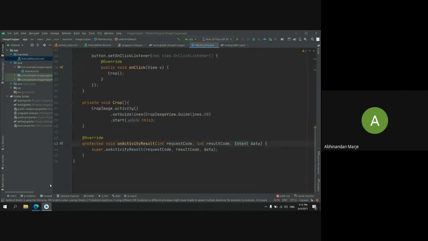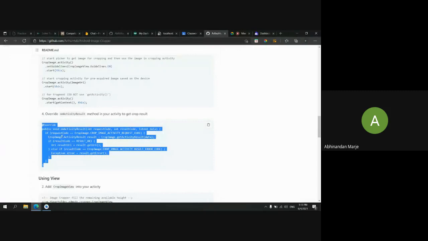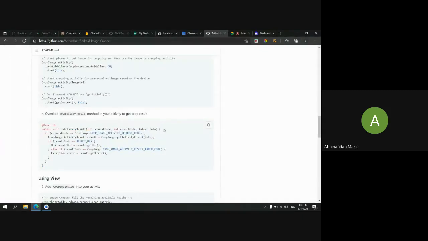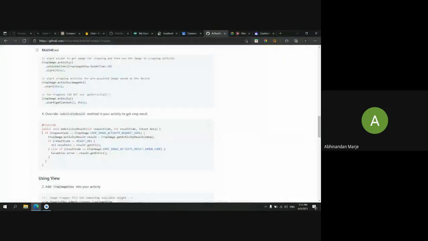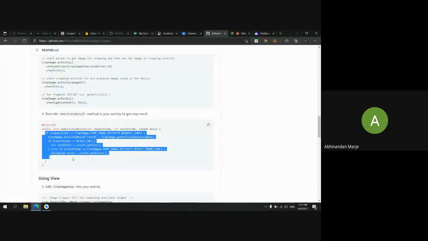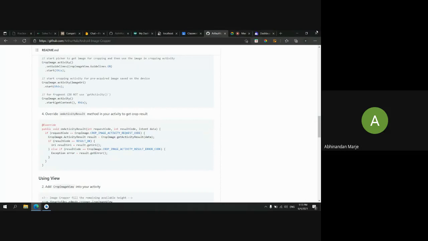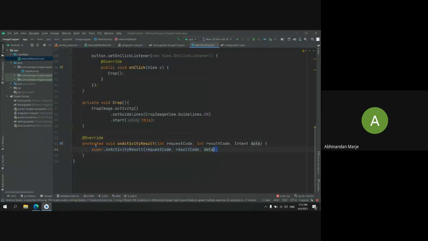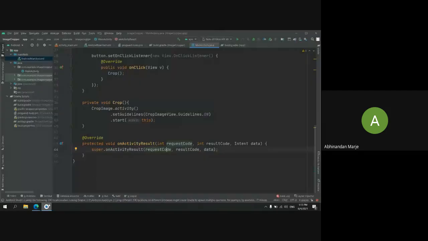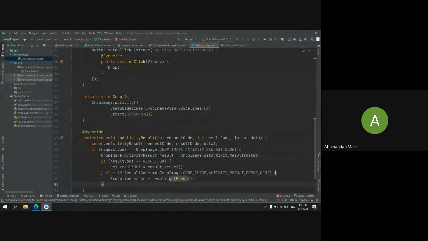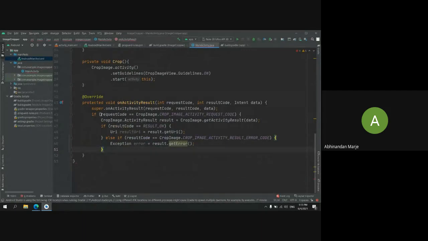This much code you will get, but inside you can see it is missing the super. Yes, it is missing super.onActivityResult. That means when this line is missing in that code, you just don't copy it from here. You can copy this if statement, it is correct, but here it is missing the super, so it might cause an error. So you just create onActivityResult on your own. Then you can come back here and copy this if statement, paste it here.